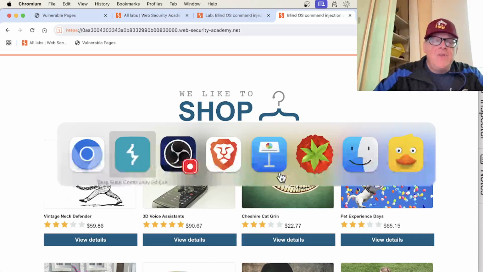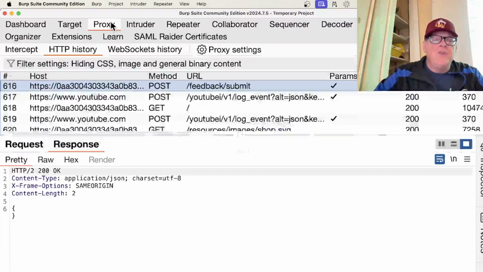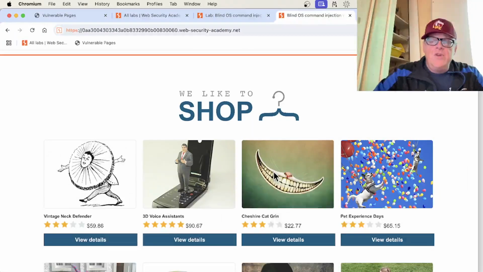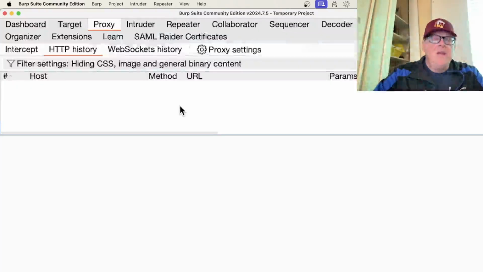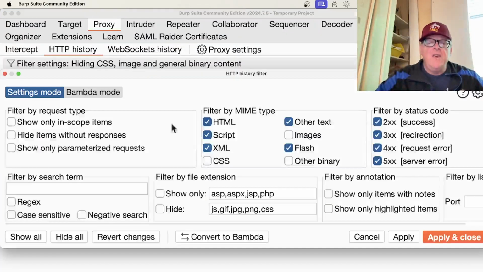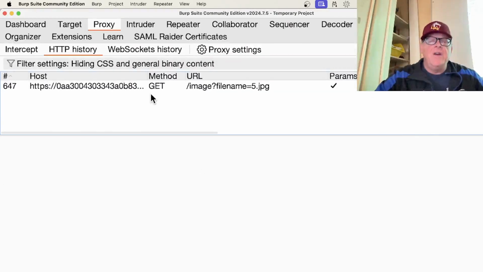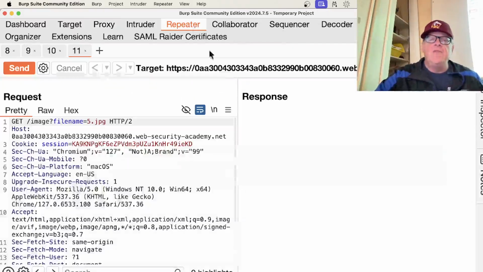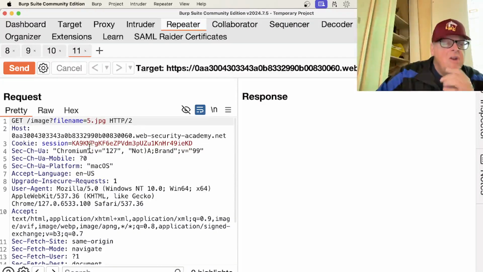So to do that, I'm going to do the same thing I've been doing before. I'm going to clear the old stuff, clear history. Then I'm going to load an image, right-click, open image in new tab, which is here. And now I have to make it stop hiding image content. So I have to click here and check images, apply and close. So now I see the GET, and see this will load the file name. So if I modify this to load the file name, which was output.txt, then I should be able to see it. Oh, here it is, filename equals output.txt,